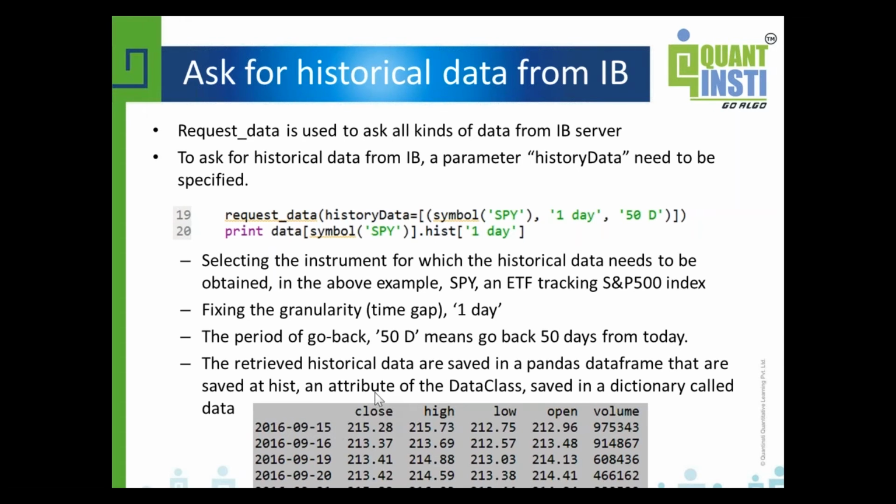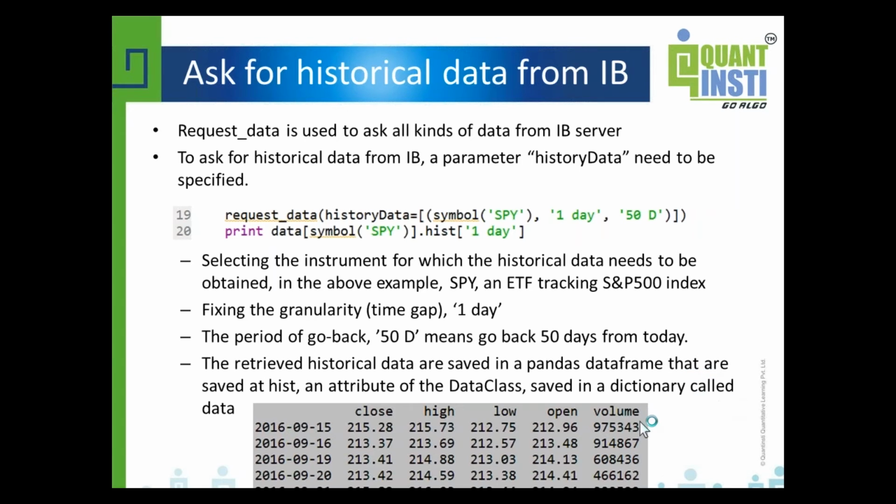Actually, if you are interested in other information about history data, and you are an advanced user of IBridgePy, you can code to put information in columns other than these 5.